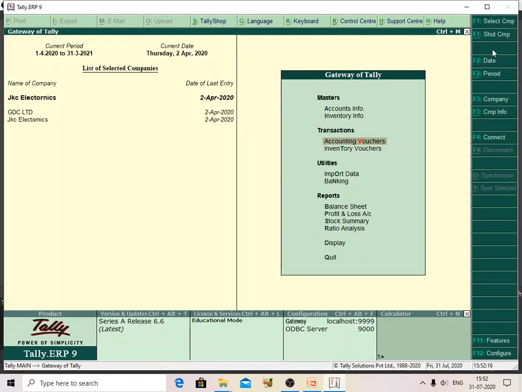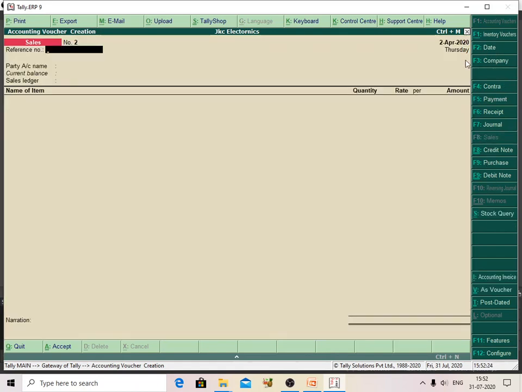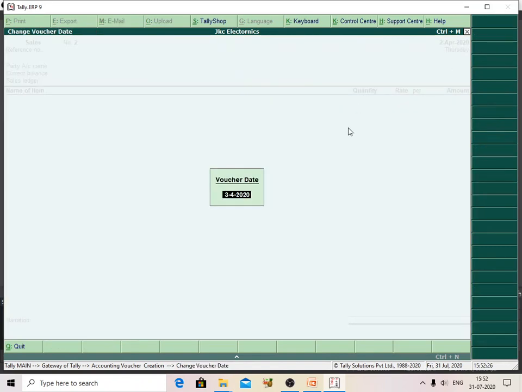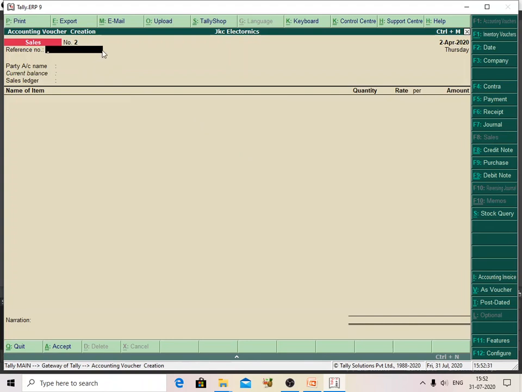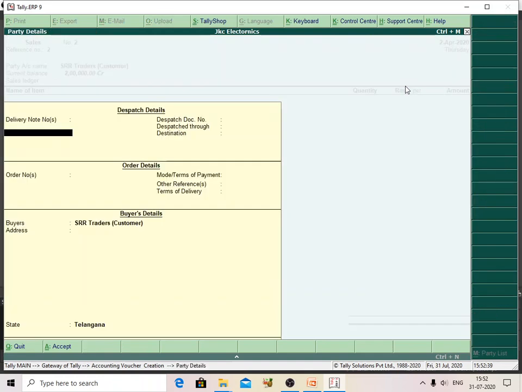I will post the transaction, the same date. We will see the date is not changing. I will select sales voucher, the date. I will change the date. Okay, reference number. I am giving reference number 2 only. And my party is customer SR